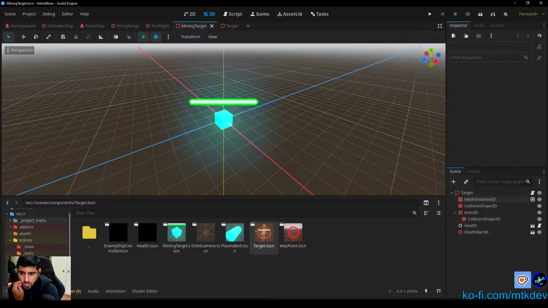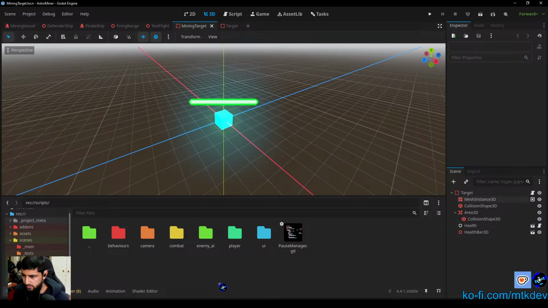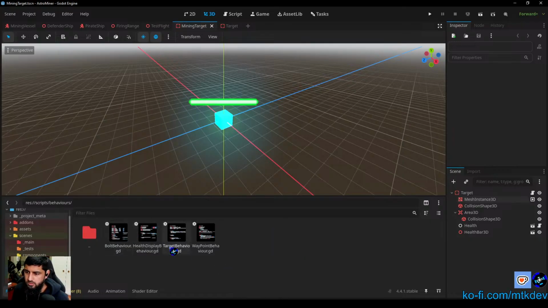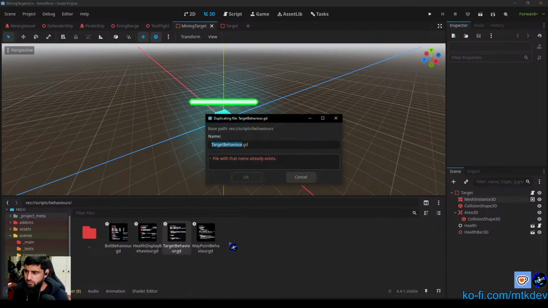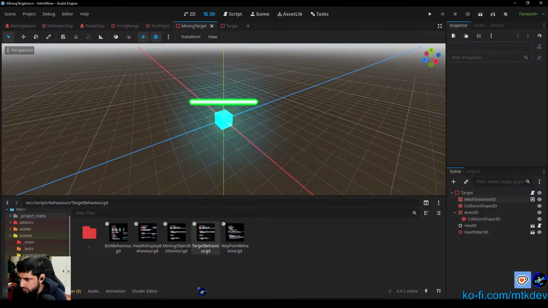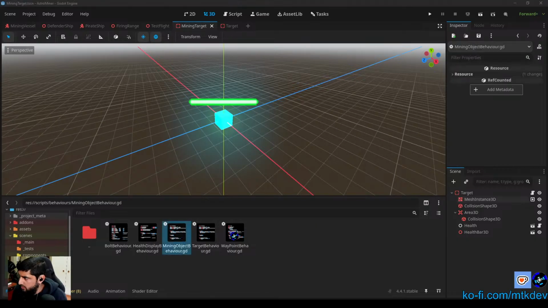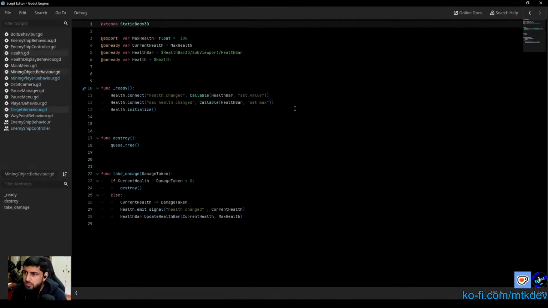Let's make a duplicate script of behaviors. Target behavior, we'll duplicate this. We'll give it a new name, call it mining object behavior. All right. And so